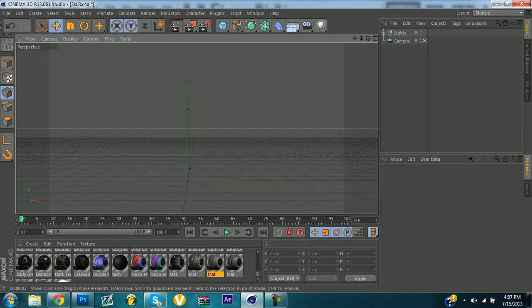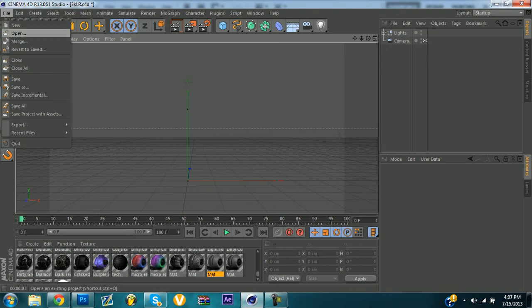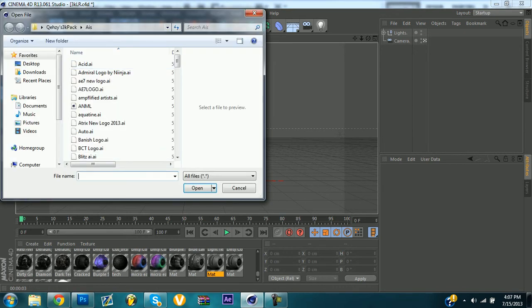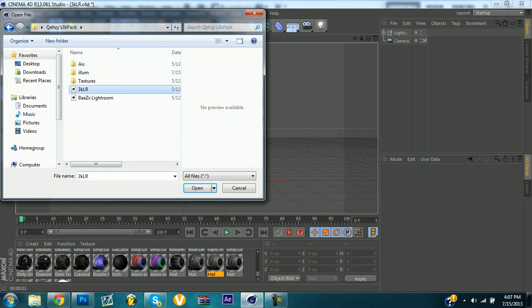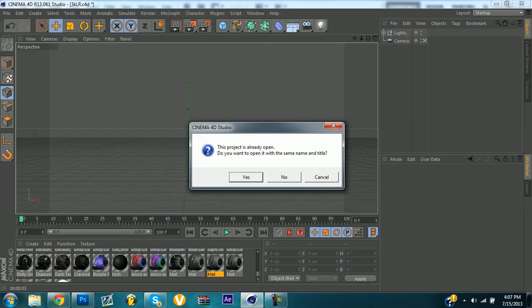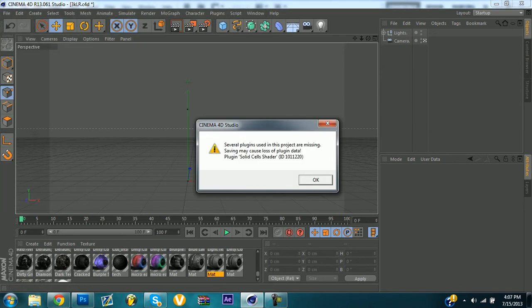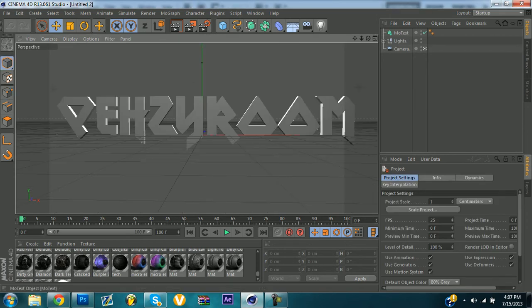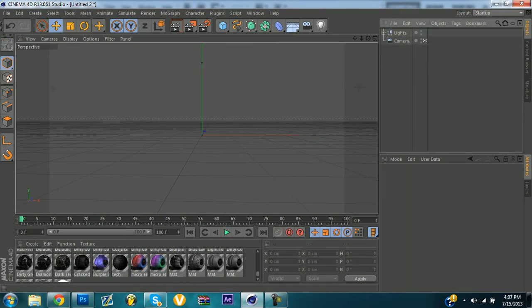It's going to be about text made in Cinema4D and what to do to enhance it in Photoshop. So the first thing we're going to do is open a Lightroom. I already have mine open, but I'll just reopen it. 3K Lightroom by Quasi, which is the one I like to use. And I'll take the MoText out of it, and you're gonna want to merge